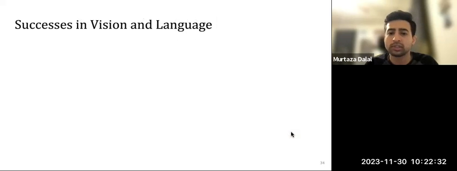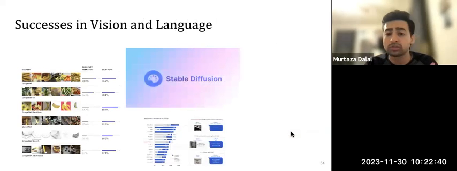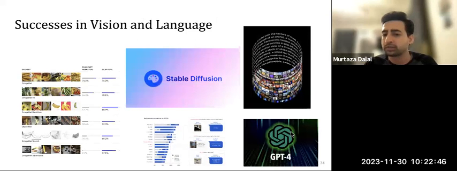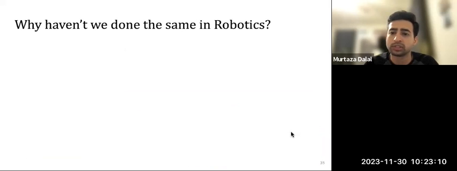Now, as we've seen very recently, large-scale models, mostly transformers, trained on very large-scale data sets, equate to basically very powerful agents that can generate volumes of text from prompts, provide useful ranking and embedding features across a variety of different tasks, generate useful code, realistic images, pretty much whatever you can think of in a virtual domain. And these models are very powerful. And the recipe here, as I said, has been large, highly expressive models and very, very large data sets. So now you might ask, why haven't we been able to do the same in robotics?